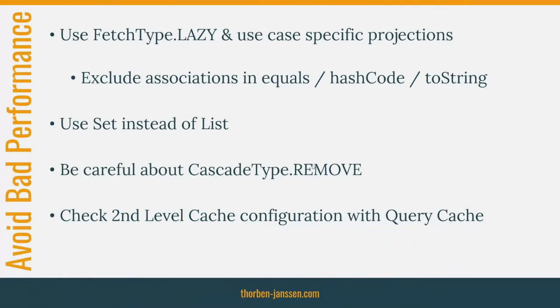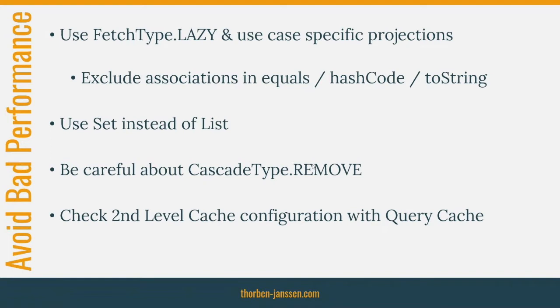Well, so I made a few suggestions on how you can break your application by creating really bad performance, right? So you could use eager fetching, for example, to make sure that you trigger lots of queries and n+1 select issues. Or if you want to avoid it, then you use fetch type lazy and use case specific fetching and projections. Use case specific fetching would be the join fetch clause that we had a look at the beginning. The use case specific projection would be the DTO class that we talked about.